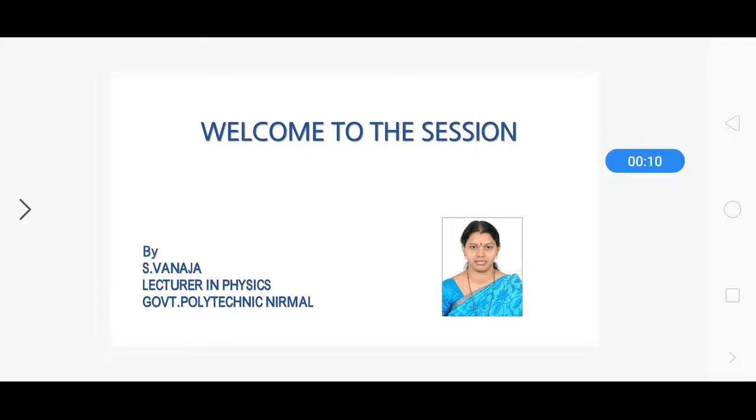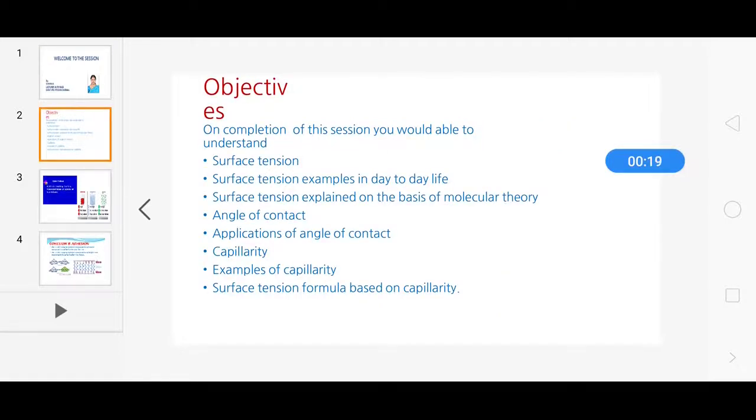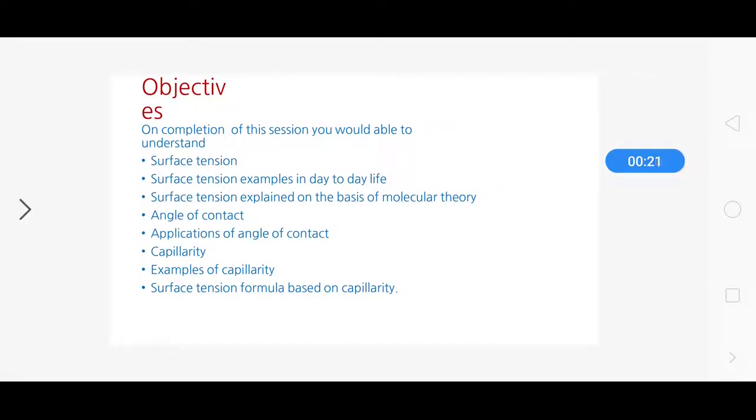Today I am going to explain surface tension, and on the completion of this session you students are able to understand what is surface tension and what are the examples in day-to-day life for surface tension, and a clear explanation on the basis of molecular theory,